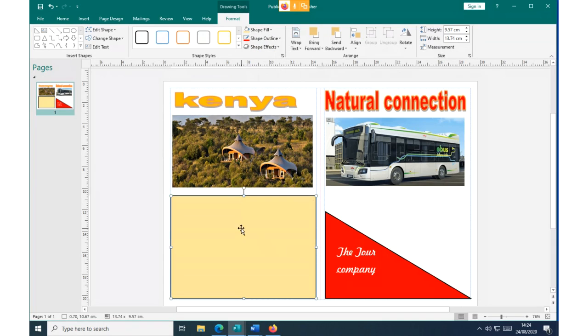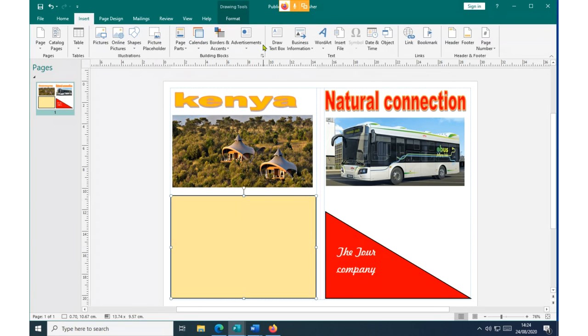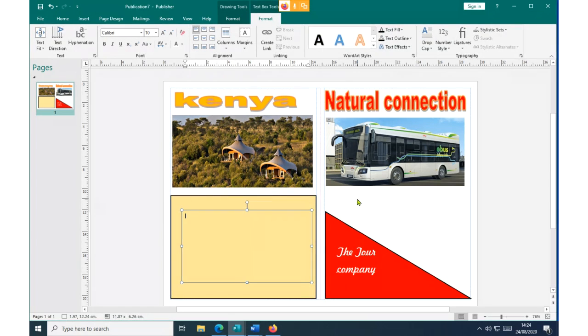And then inside here, I'm going to put another text box. I'll click on the command insert, and then I go to draw text box, and then I come and drag it here, and then I write something which is reflecting my company, Kenya We Explore.